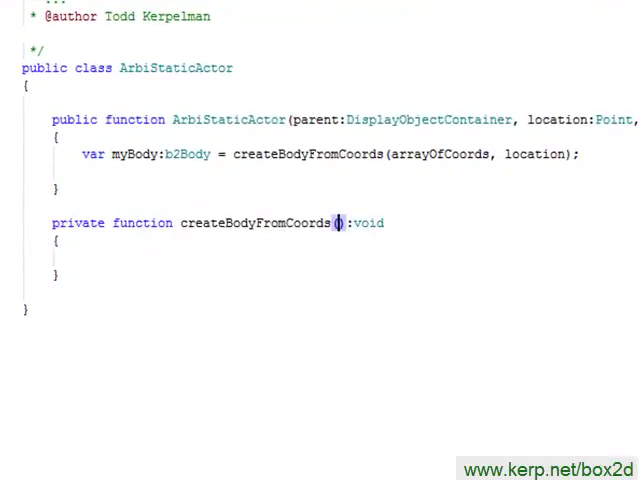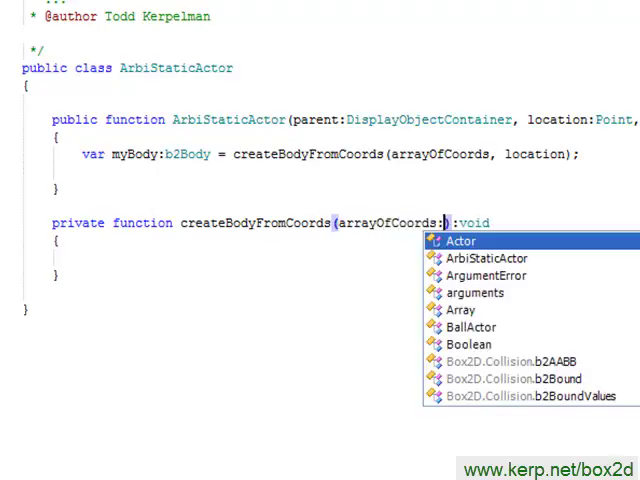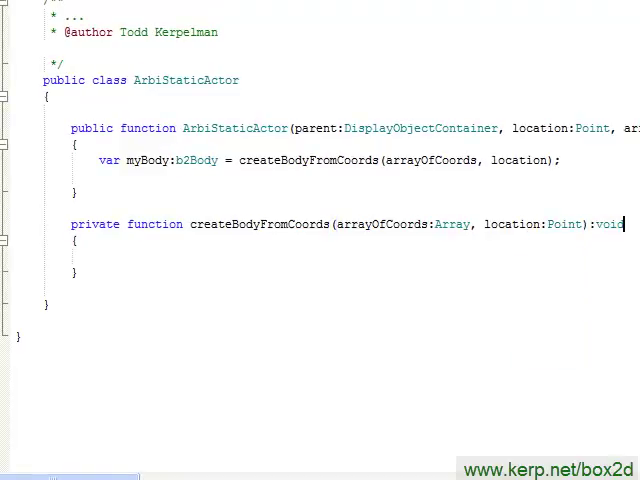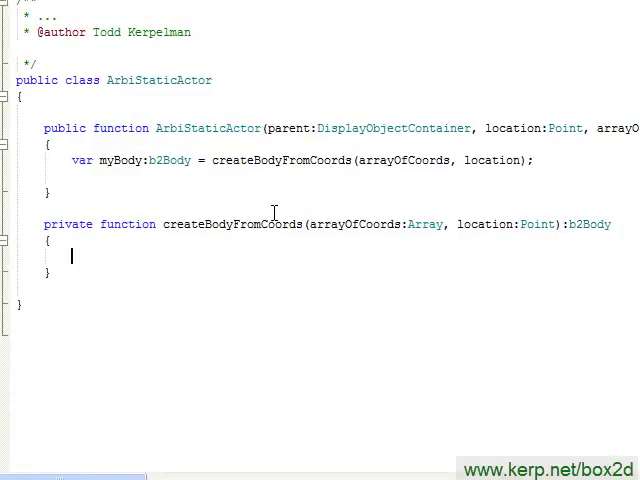I can generate a function, and again our parameters are going to be our array of coordinates, which is going to be an array, and our location, which is going to be a point, and it is going to return a B2 body. Alright, here we go. So like before, we're going to define shapes, and we're going to define a body,